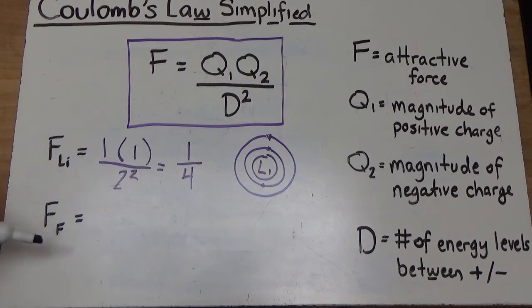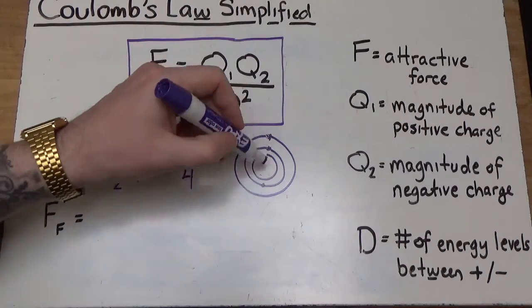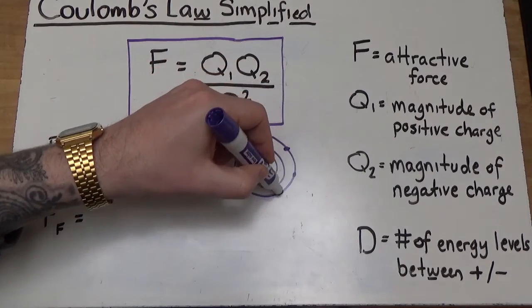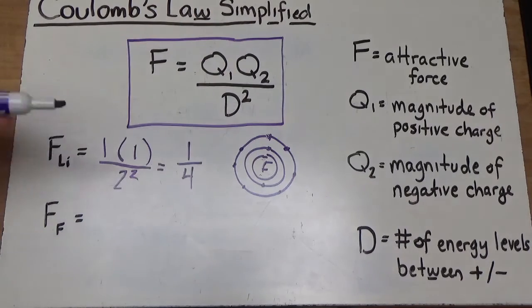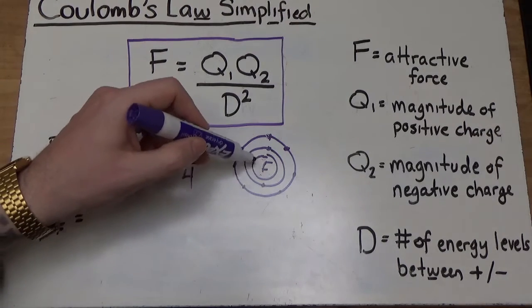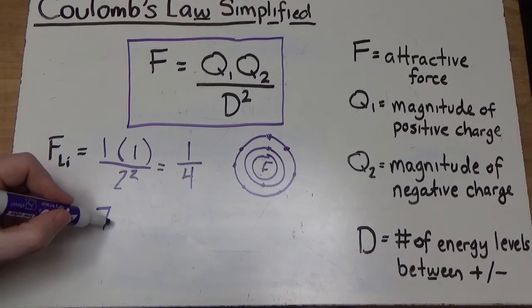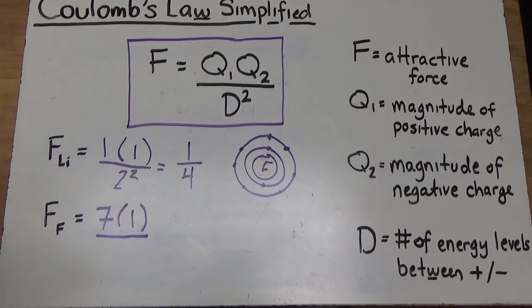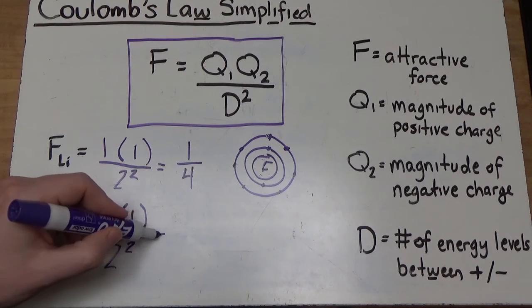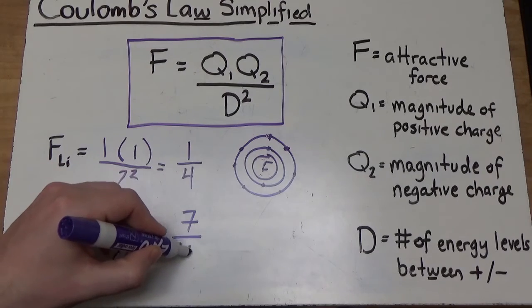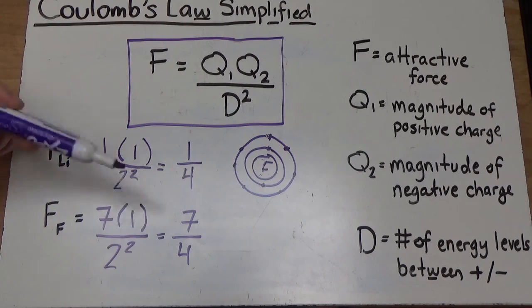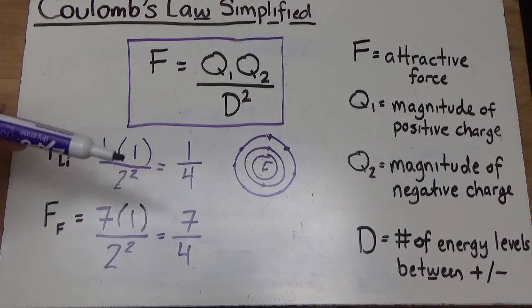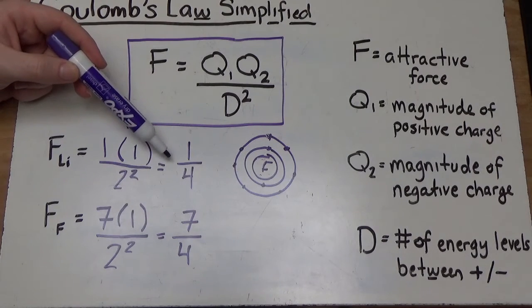So let's do the same process for fluorine. Fluorine looks very similar to lithium, except it has 7 valence electrons. So let's think about this. The Zeff of fluorine is 7. The charge of an electron is still just 1, and there are still 2 energy levels. Now, this 7/4 again by itself is meaningless, but when compared to the answer for lithium,